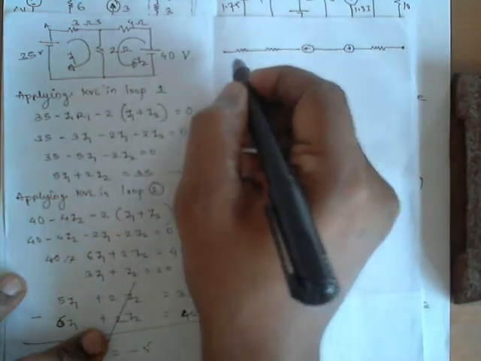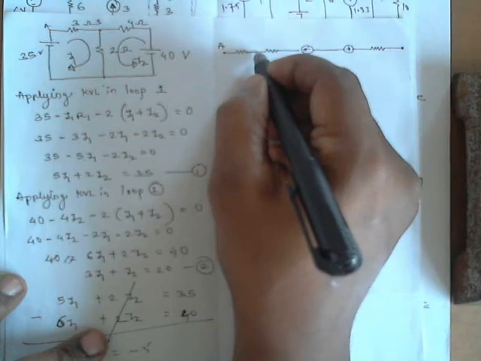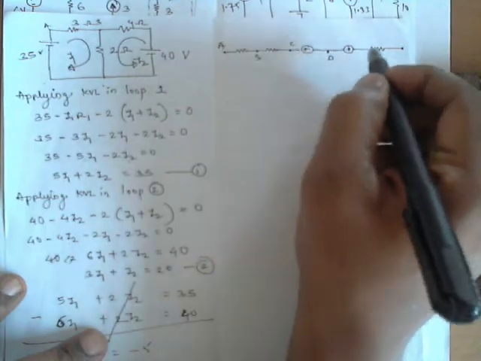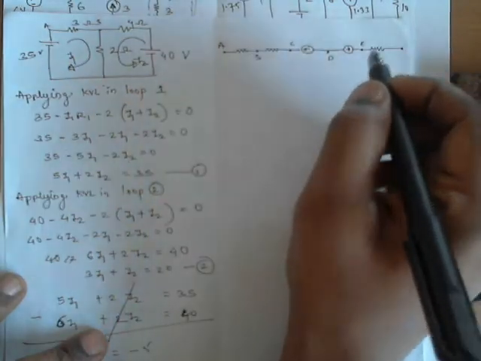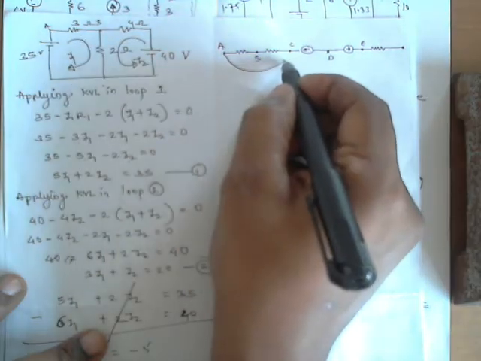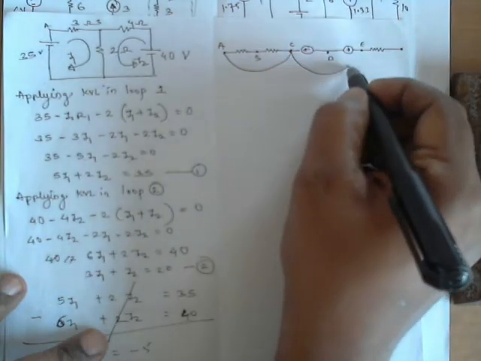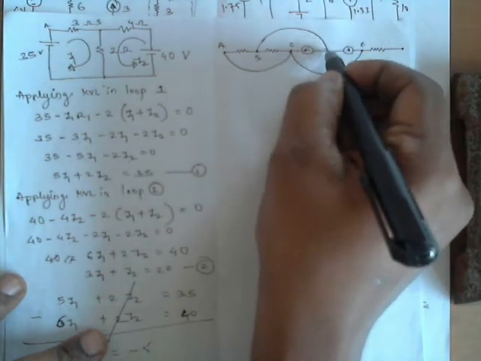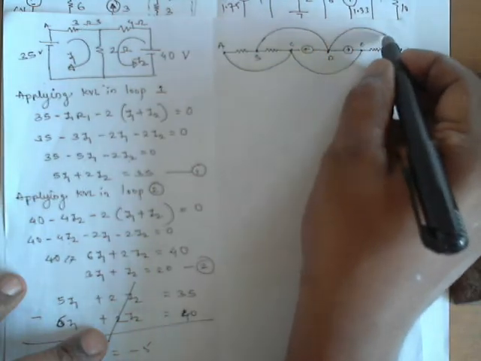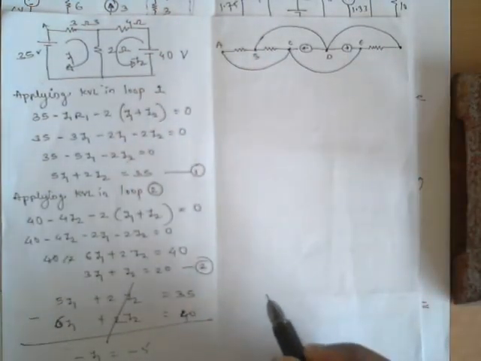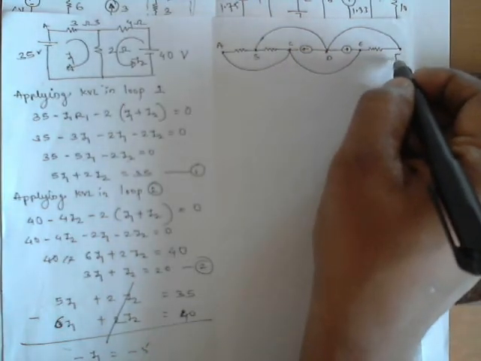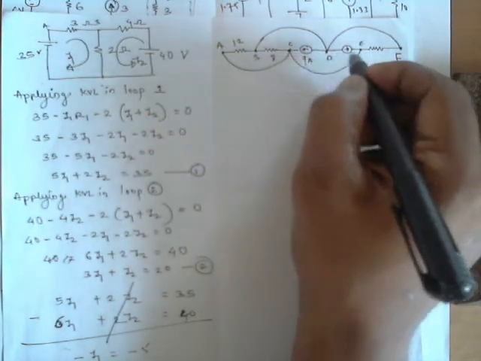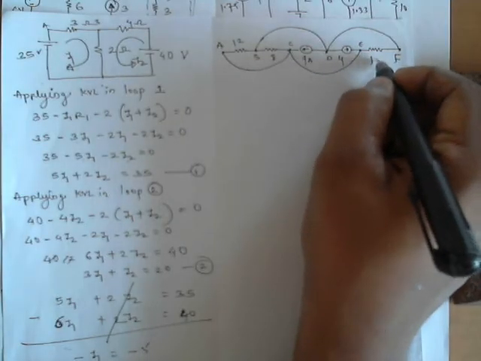Okay, this is the example. This is A, this is B, this is C, this is D, this is E. What they have done, they have short circuited A and C, C and E. Similarly, they have short circuited B and D, and D and F. Okay, A, C, E, F. This is 12, this is 8, this is 9 ampere, this is 4 ampere, this is 16.